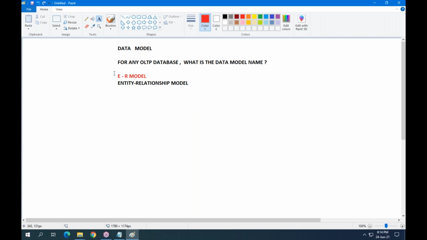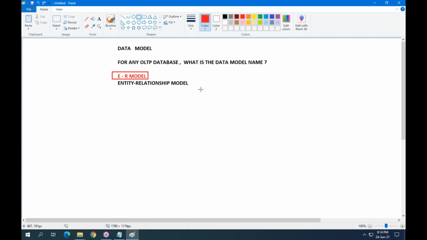The data model name is the ER model, where ER means entity relationship model. One more point: for an OLTP database, the data model is the ER model.